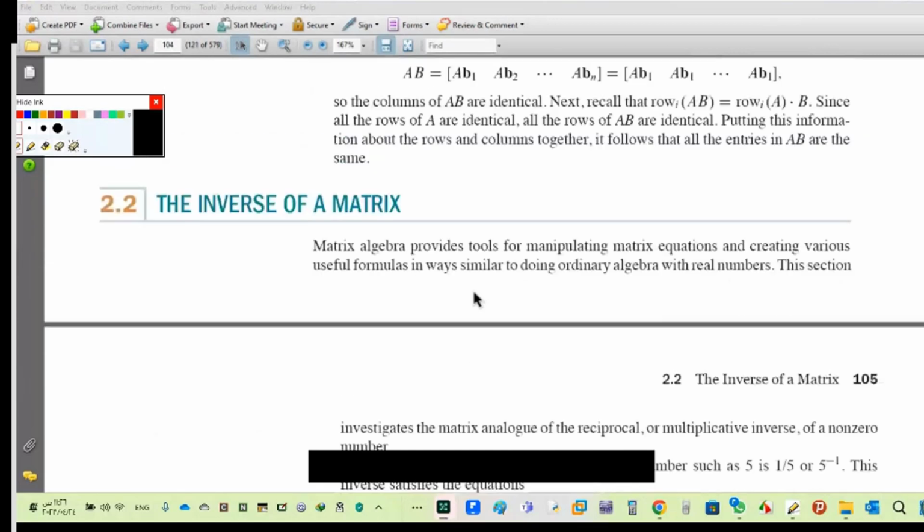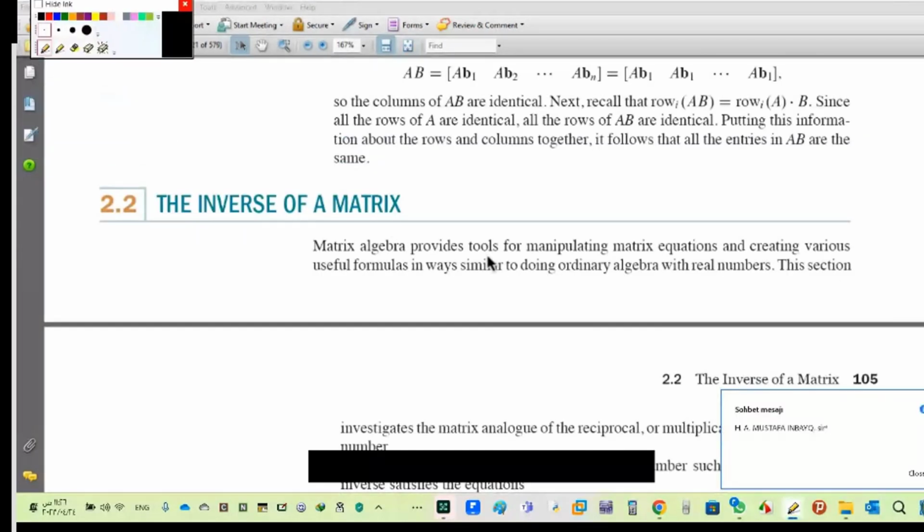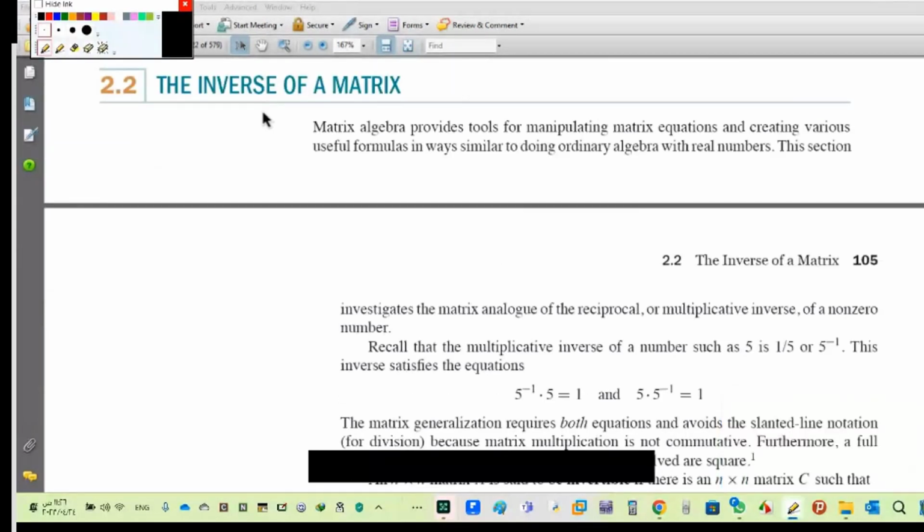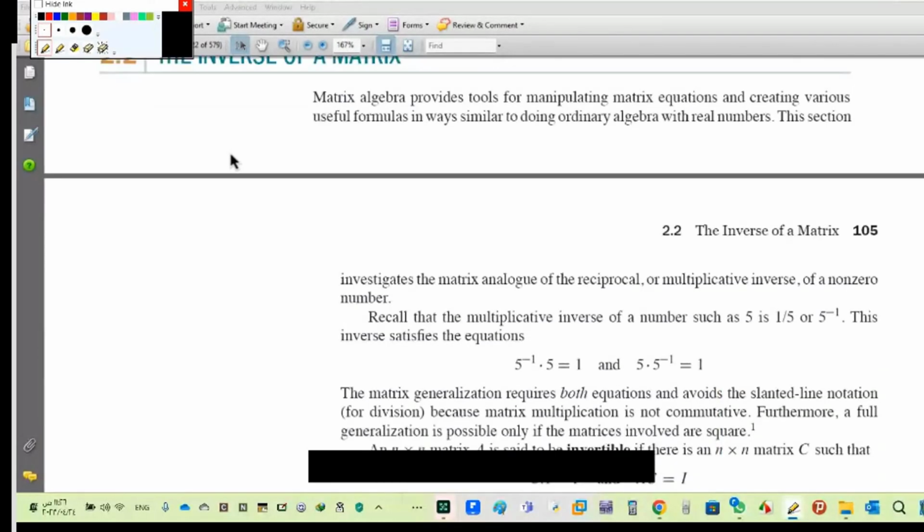Now, today we'll start something very, very important. It's about the inverse of a matrix. Inverse means something flip. For example, if I have 5, the inverse of 5